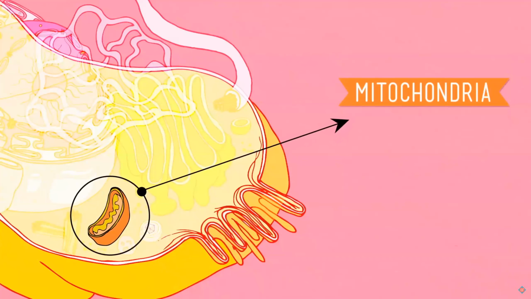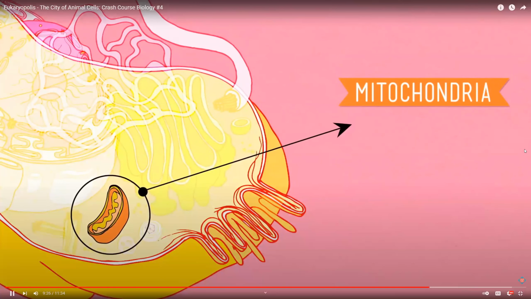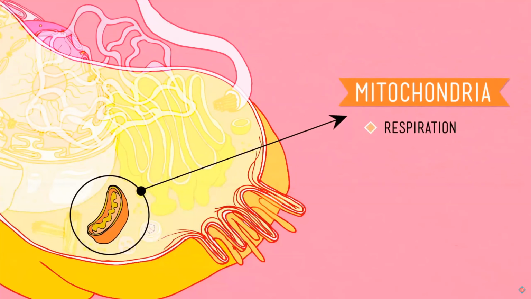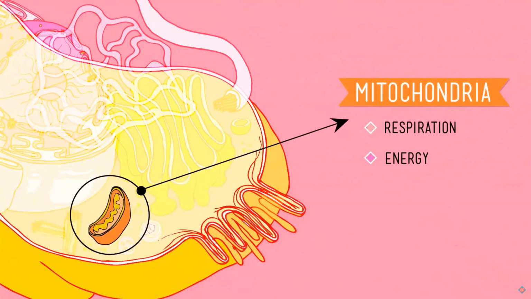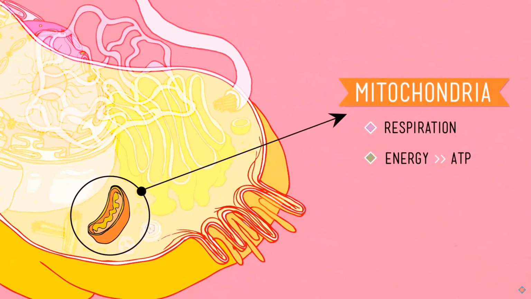And now for what is, totally objectively speaking, of course, the coolest part of the animal cell. Its power plants, the mitochondria, the smooth, oblong organelles where the amazing and super important process of respiration takes place. This is where energy is derived from carbohydrates, fats, and other fuels and is converted into adenosine triphosphate, or ATP, which is like the main currency that drives life in Eukaryopolis. You can learn more about ATP and respiration in an episode that we did on that. Now, of course, some cells, like muscle cells or neuron cells, need a lot more power than the average cell in the body, and so those cells have a lot more mitochondria per cell.